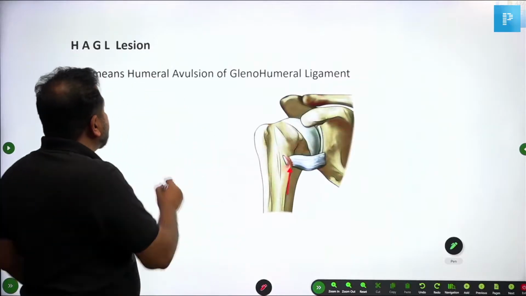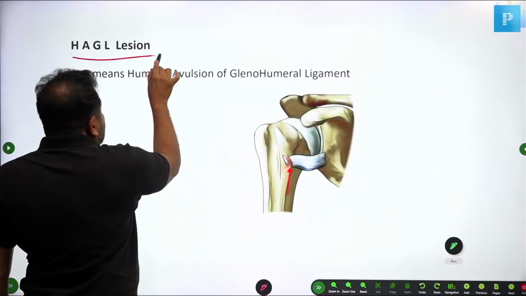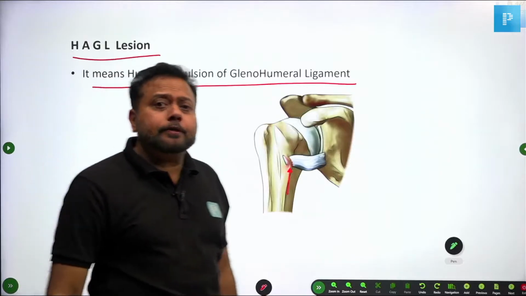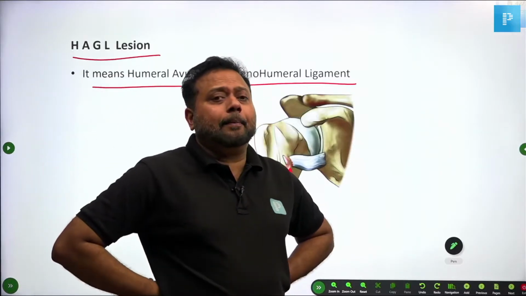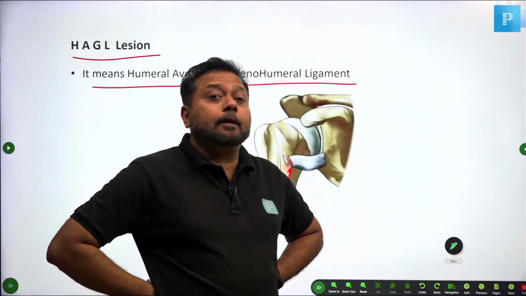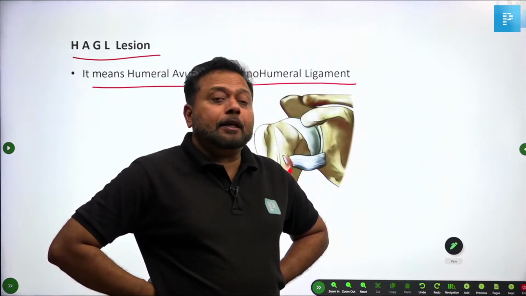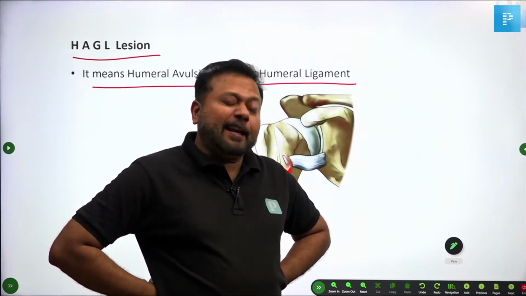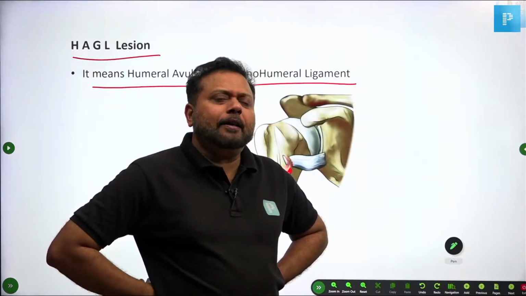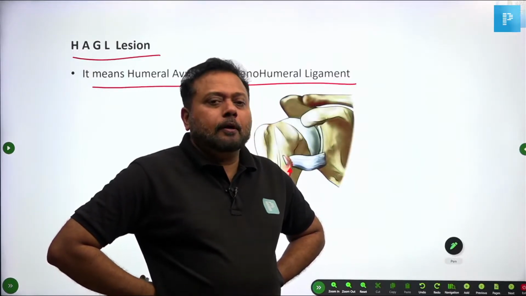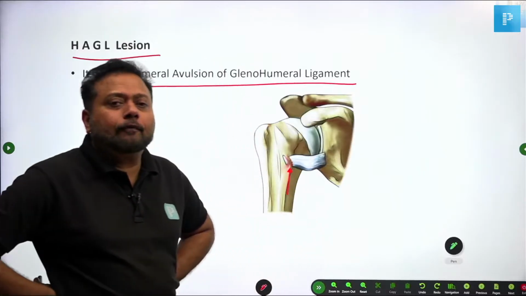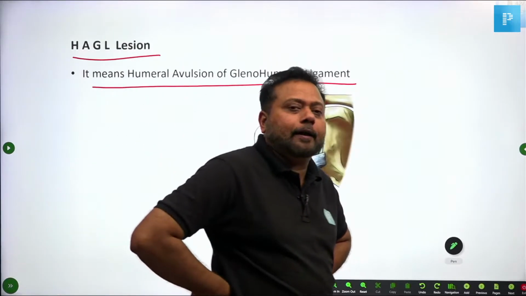The third thing that is happening is humeral avulsion of glenohumeral ligament. We know that shoulder stability depends upon the glenohumeral ligament. There are 4 important glenohumeral ligaments actually, but most anatomy textbooks use only 3. In that, the inferior glenohumeral ligament is the main support that can go for avulsion. That's called humeral avulsion of glenohumeral ligament. It will go for recurrent dislocation.